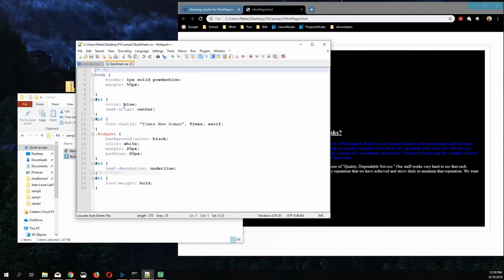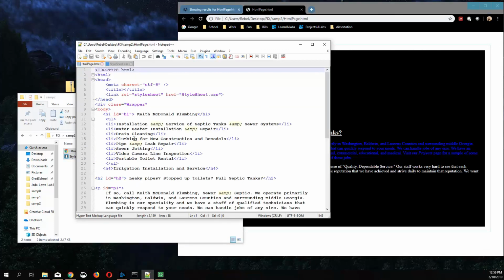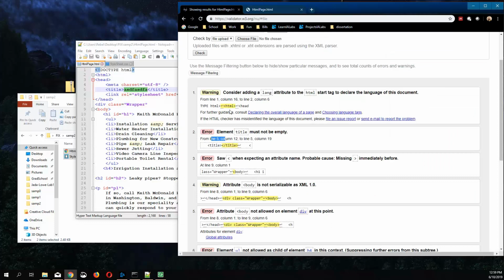So we'll open those up, make sure we close down any of the other ones. Looks like at line 5 we have a title tag. Just need to put something in it, your name, the lab, whatever. Keith McDonald Plumbing would probably make sense there too. So it can't be empty. The error message kind of alluded to that to us. We could go ahead and revalidate here, but